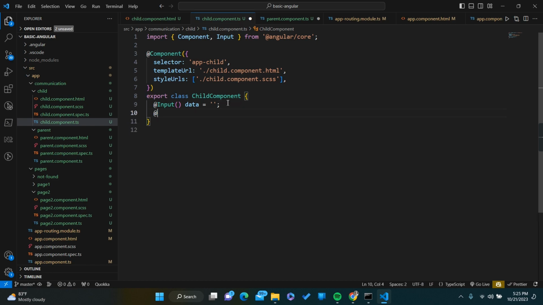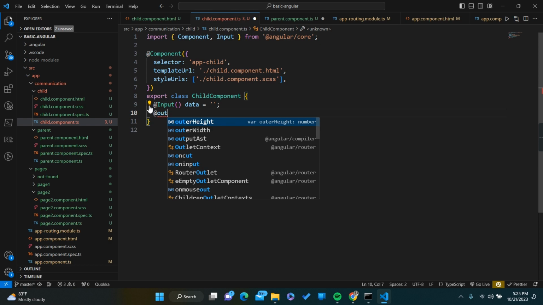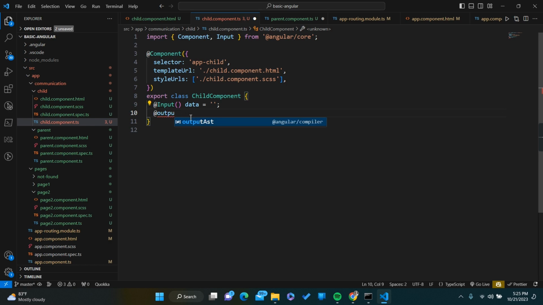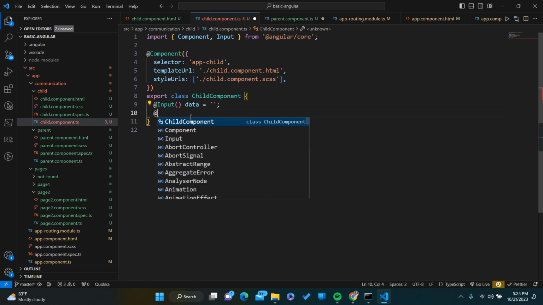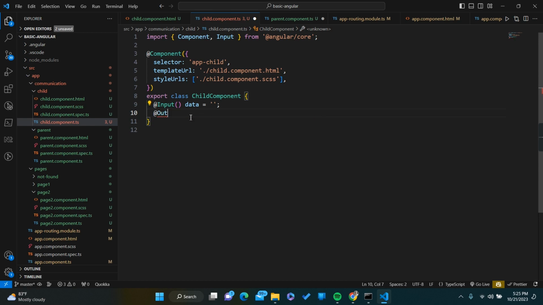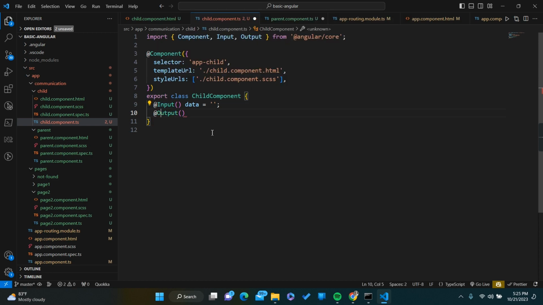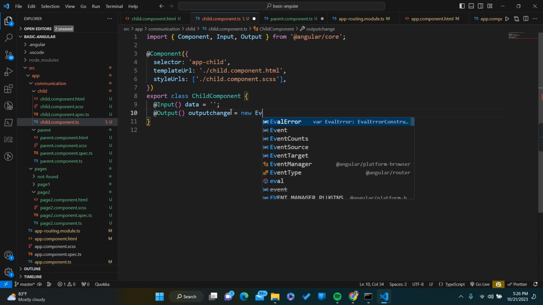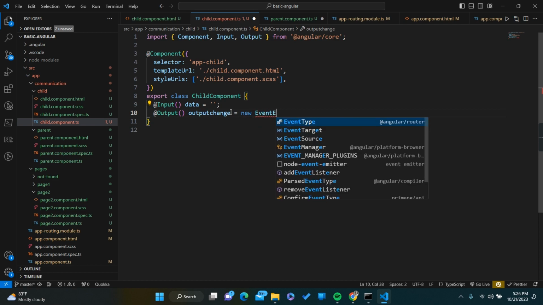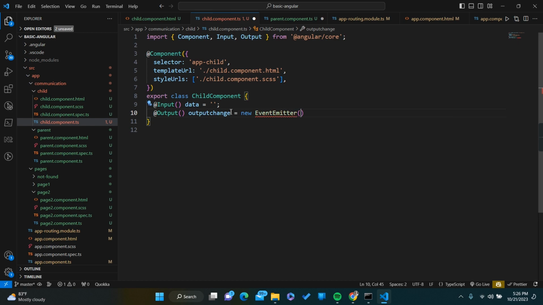you need an output. So basically input is whatever we are passing as the data, we capture from the input. If it is output, we add that in the output decorator. So it will send out the data from the child component. Output, that you need to again import from the Angular core. This is output change. So you can name it whatever you want. And we are using EventEmitter, right? So you need to import this from the Angular core once again,